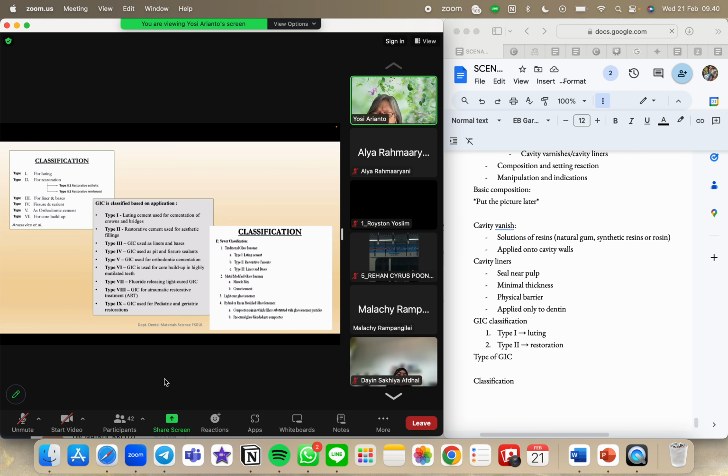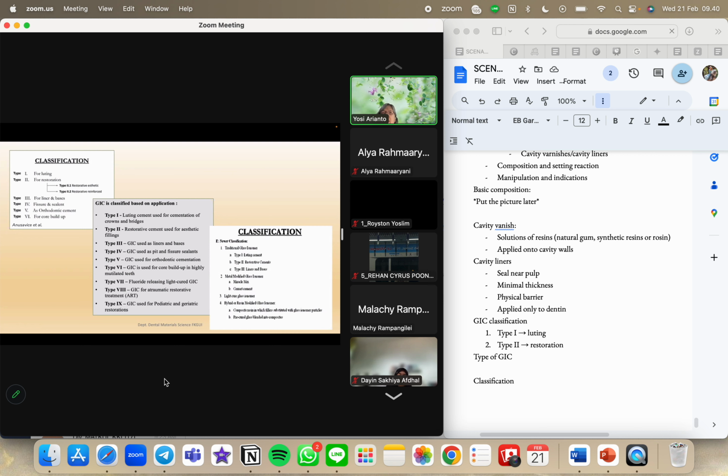This is the hybrid and the resin modified glass ionomer. So the glass ionomer is combined with resin. Yeah, and it has more translucency, because usually glass ionomer has a radio-opaque condition. Yeah, but with resin,